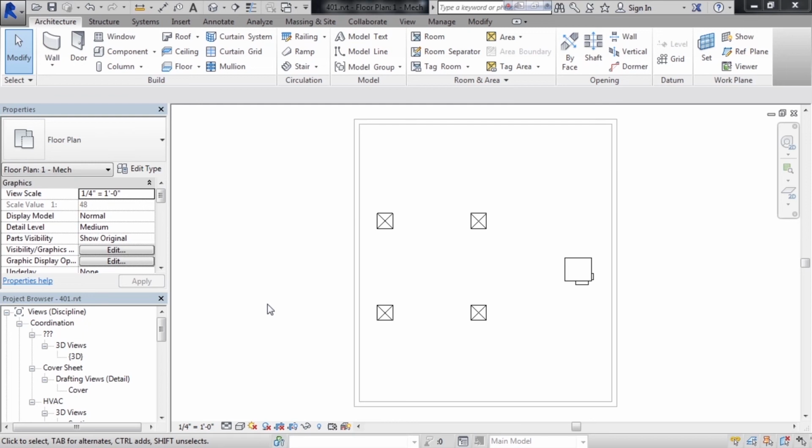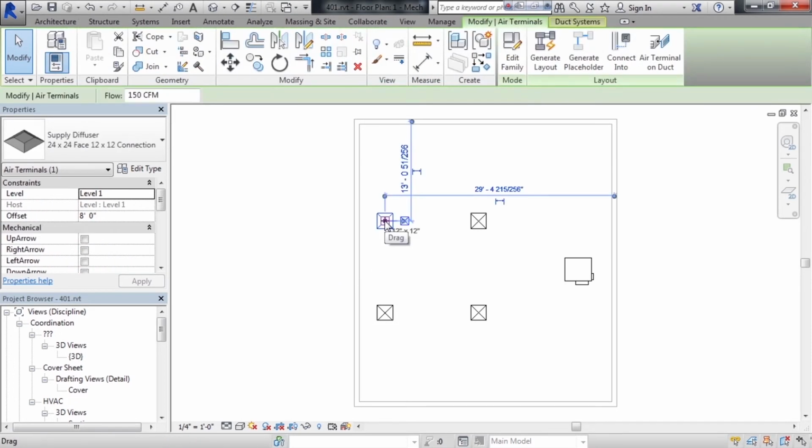In this lesson, we'll discuss how to select elements inside of your Revit project. One of the simplest ways to select elements is to simply click on them. For example, if I wanted to click the diffuser in the upper left, that's the square with the X in it, simply move your mouse over it and click the left mouse button. This will select that actual element, in this case the diffuser. It turns blue, you see dimensions, and the elements and properties for that diffuser show up in the properties area